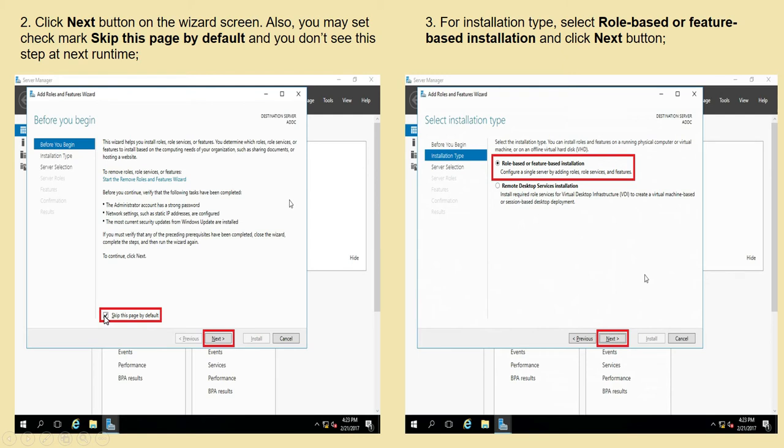If you click that, you won't see this step at next runtime. Then for the third step, for installation type, select role-based or feature-based installation and click on the Next button. Select this option, highlight role-based or feature-based installation, then click Next.